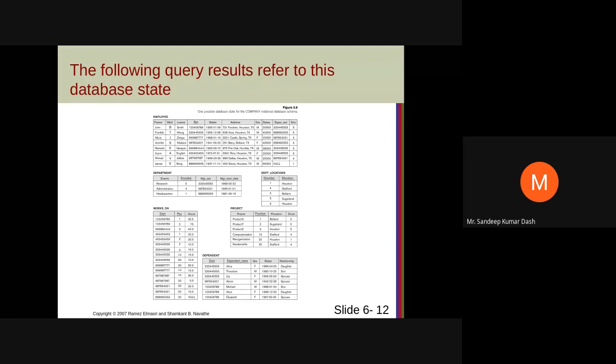Two conditions. Salary should be greater than 25,000. All are greater than 25,000. Okay. Salary is greater than say 30,000 and department number equals to 5. So using this formal representation, what will you write? Now select operator. Condition 1 is suppose salary greater than 30,000.